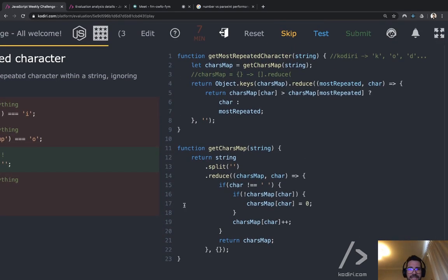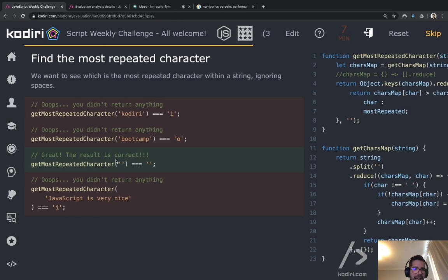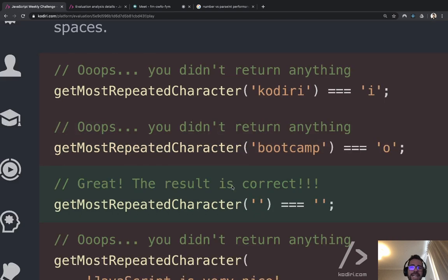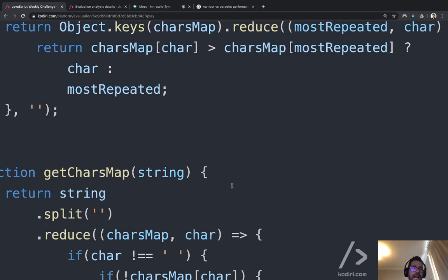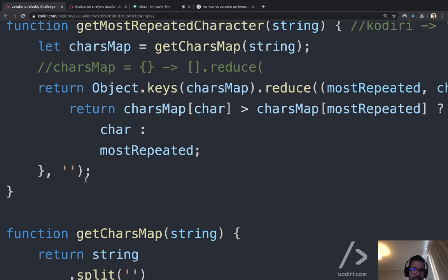You see, I'm just turning around how to solve the problem. So now I'm solving the third use case scenario, but I'm breaking everything else. It's returning an empty string all the time. And why is it returning an empty string all the time? I believe that's because now the first most repeated character, guys, is an empty string.